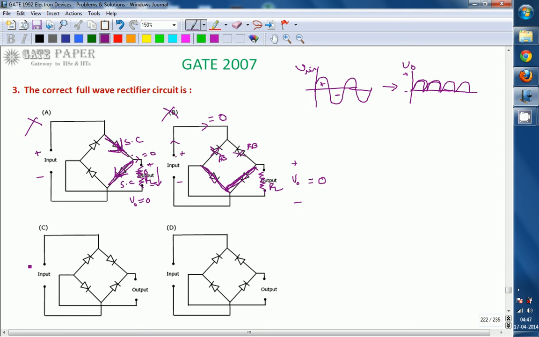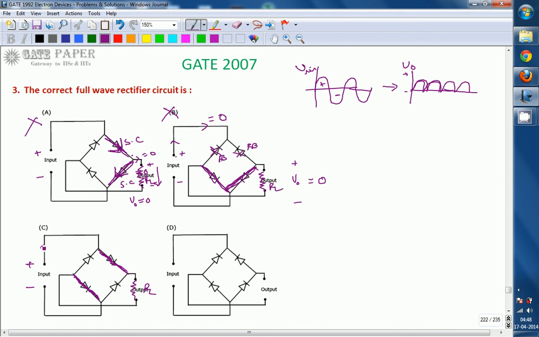If you are applying the positive half cycle, plus minus, at that time this diode is going to be under forward bias. Okay, and there is a resistor, think of it this way, it is RL. Next, this diode is under forward bias. These two diodes are under forward bias for the given positive half cycle. Whenever you apply the positive half cycle, these two diodes come into forward bias, so that